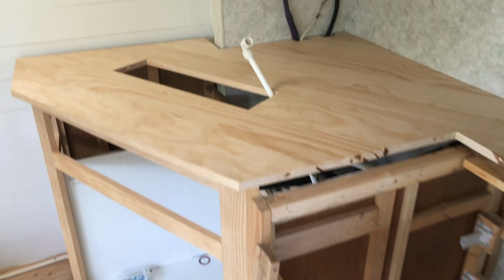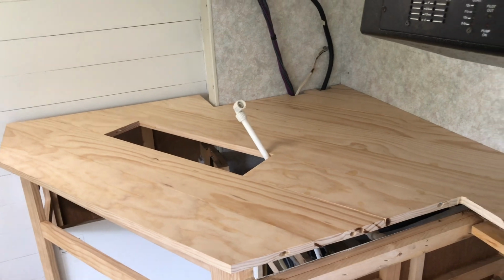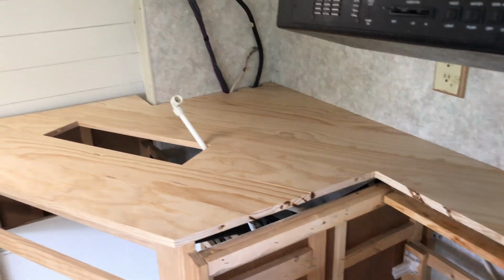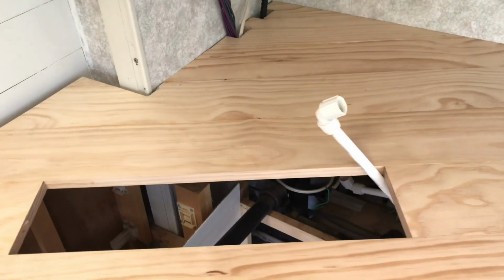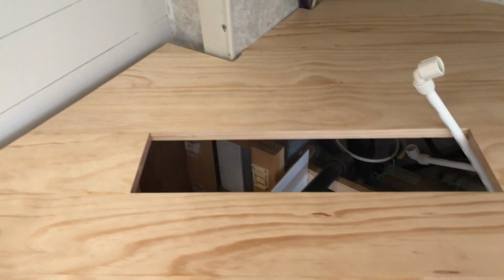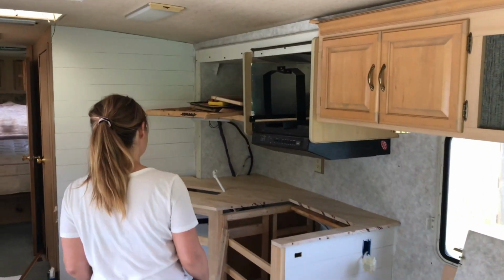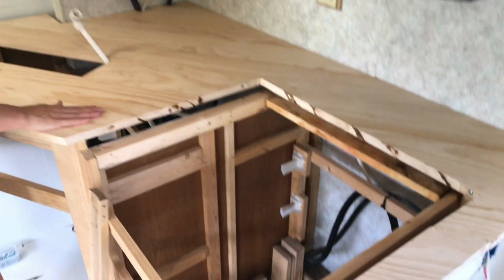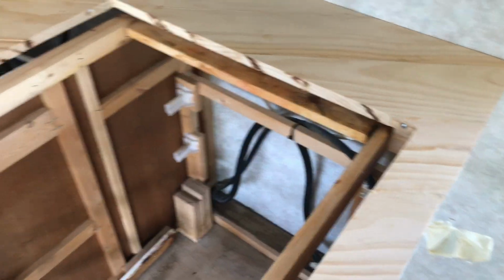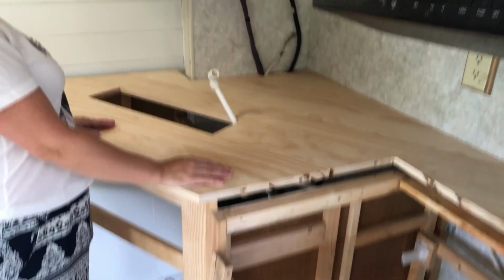But wow, what a difference now. Get rid of that old gross sink. I've got to cut out a new hole for the sink, new faucets and all that stuff. But yeah, wow, this is going to be great. Oh my gosh. Wow, that looks so nice. Yeah. Clean. Nice and clean. Yeah, right? Yeah, it hasn't been stained or sealed or anything, but...